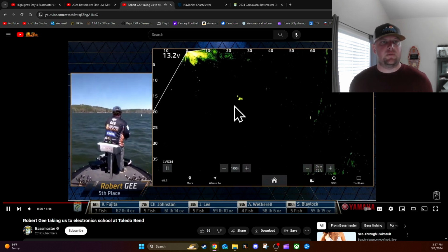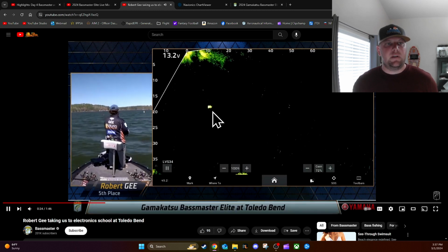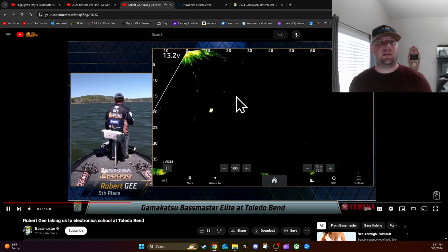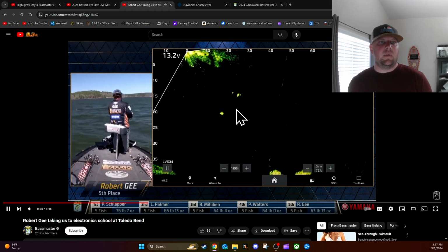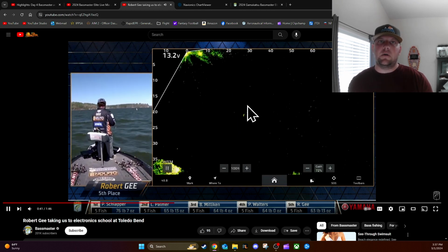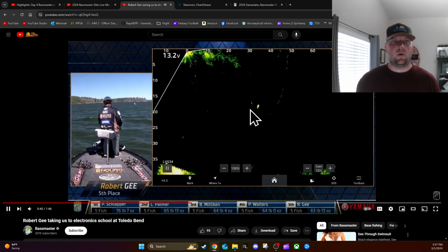So see, he's just drifting his bait with his boat, and another fish comes into view. This one's still kind of following. If he was holding his boat in place, he would already have his bait to his boat. So he's giving himself more time with this fish. Now, what he's hoping is this fish joins in and gets a little competitive, and that'll trigger one of them to bite. So he reeled in,